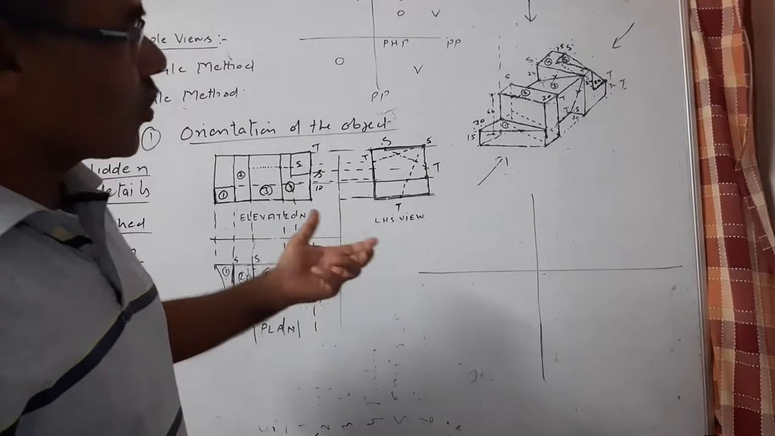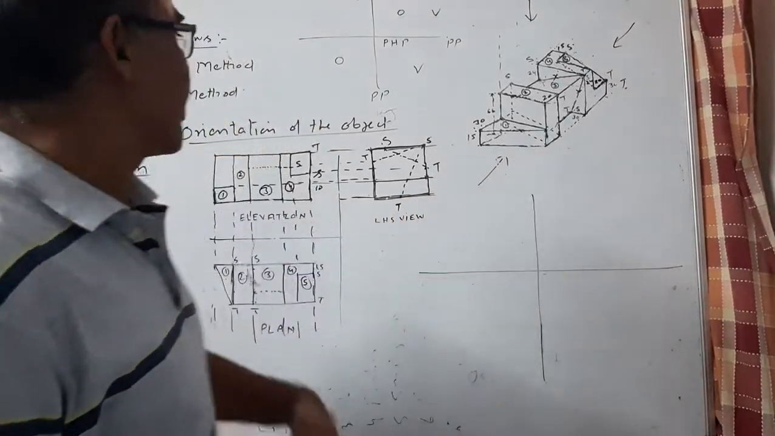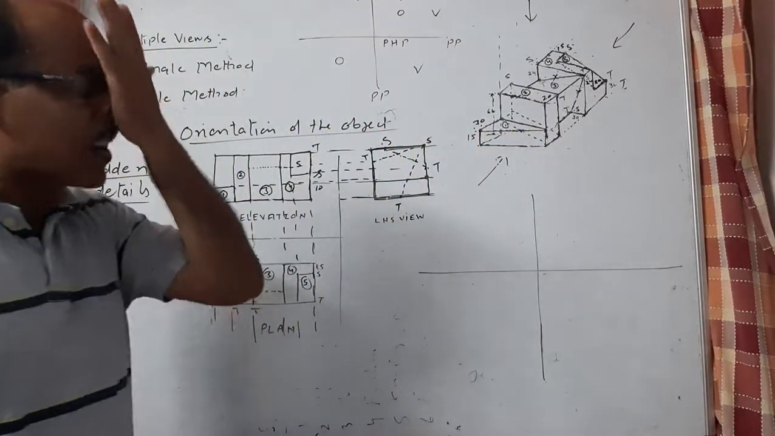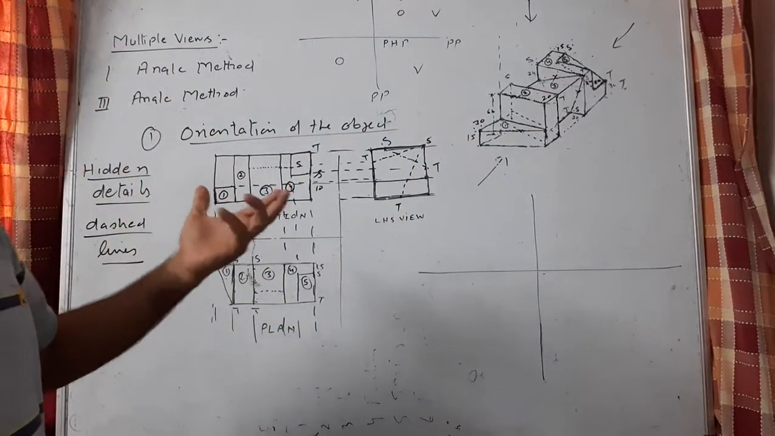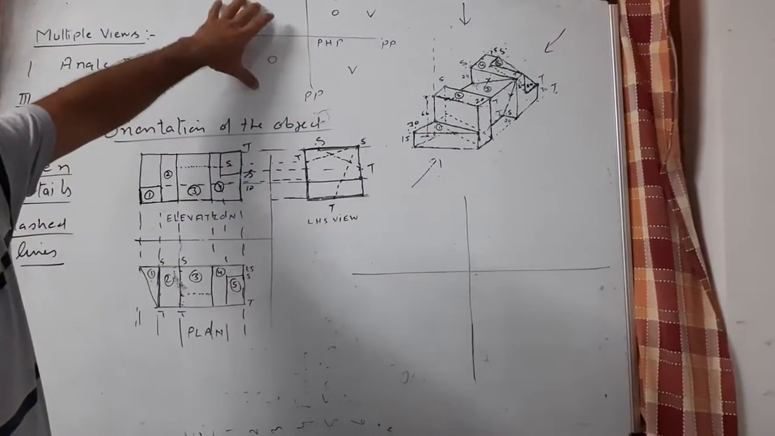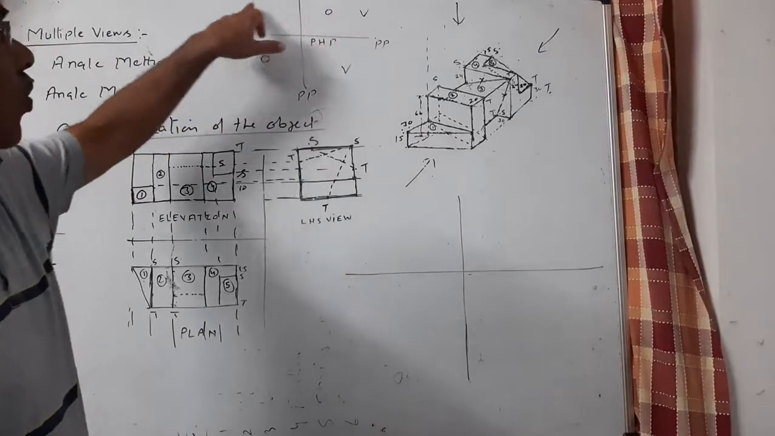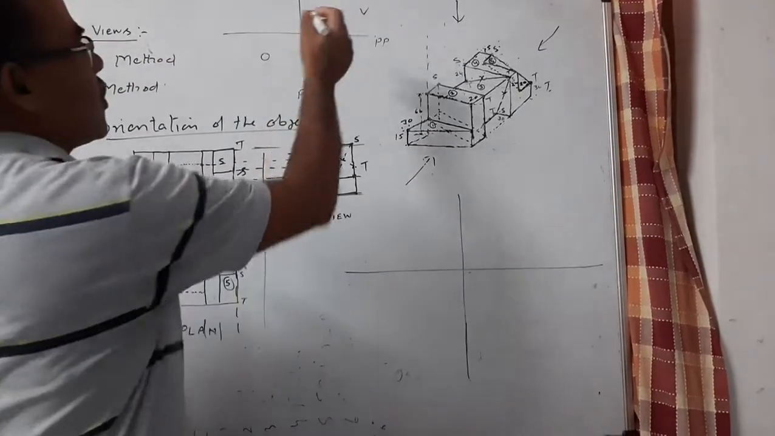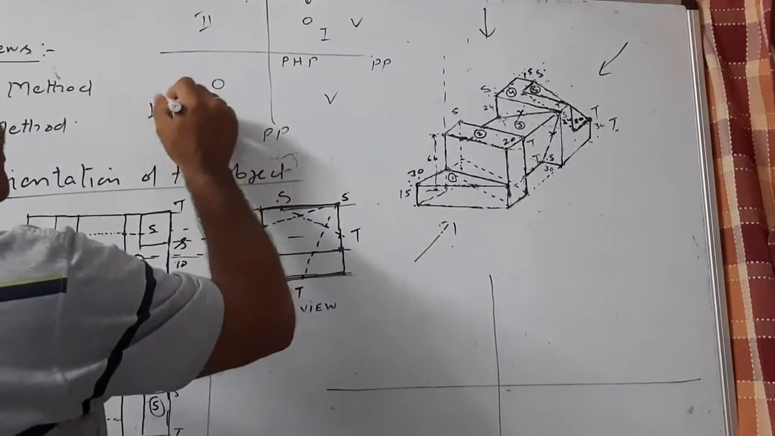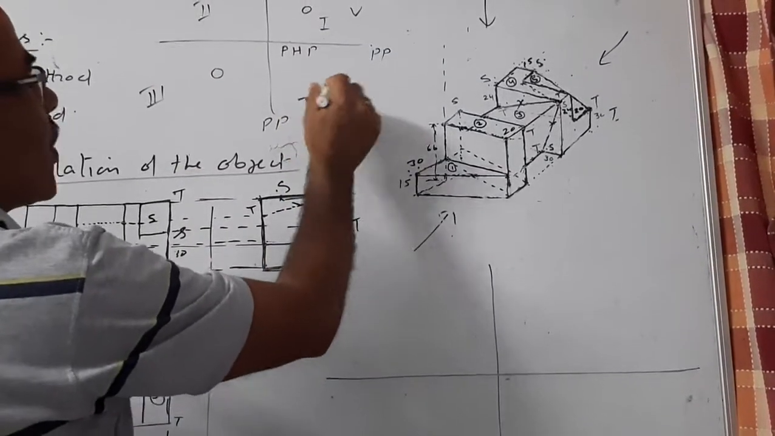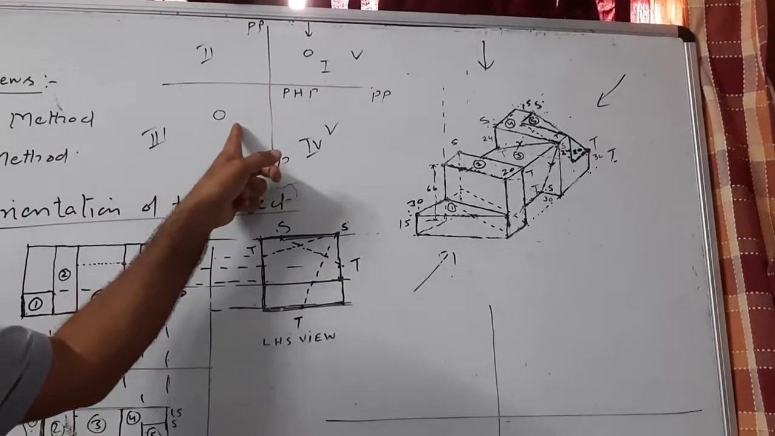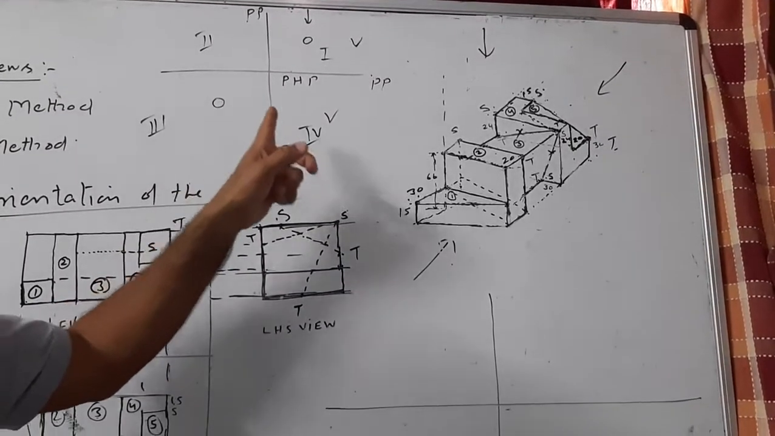Now let us see how this can be projected in third angle. We had seen the projection of this particular object in first angle. Now what is third angle and how this object would be projected? So third angle means these are the four quadrants. This was the first quadrant, this is the second quadrant, this is the third quadrant, and this is the fourth quadrant. So when the object is kept in the third quadrant, the rule is the viewer has to view the